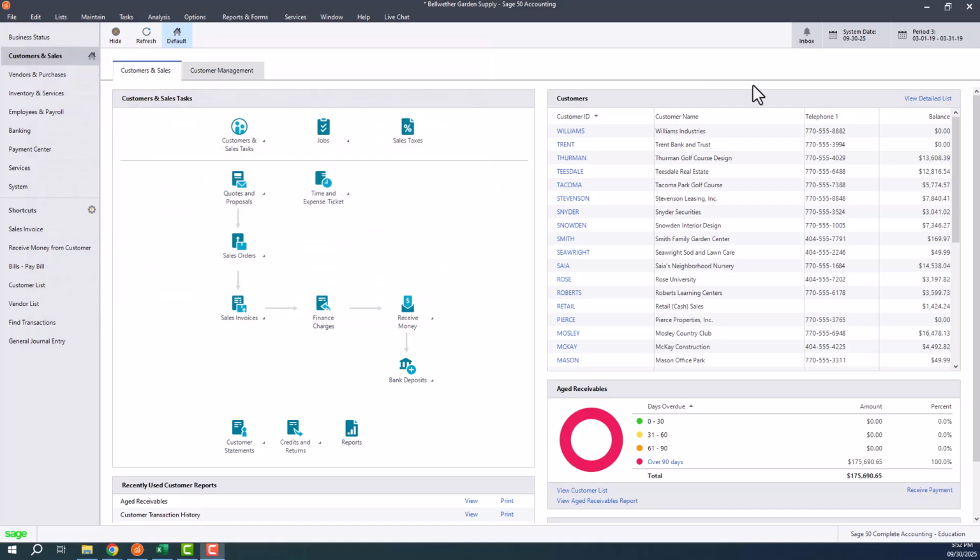I'm going to record a transaction. So it says that we sold 5 hand sprayers, misters, to Teasdale, and we also did a service for them. We cleaned their parking lot and they gave us the total. So we're going to record this transaction. So with this one, we're not going through the process of quote and proposal. We're going straight to